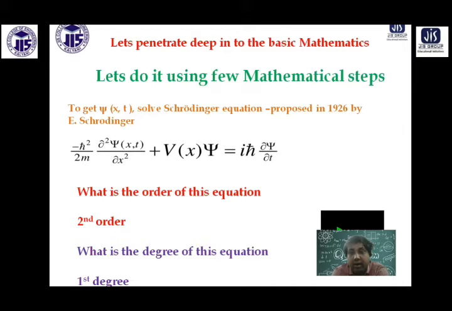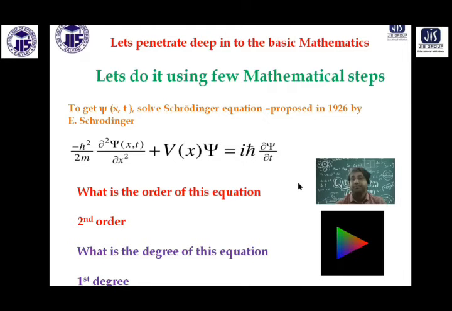You have to learn how to solve this differential equation, because only after solving this differential equation can you solve problems in quantum mechanics. If I solve this equation, I will get the function psi, and if I know psi, I can take psi square and develop an idea about how the object is. You can do many more things with psi. I'm just giving a glimpse of it.